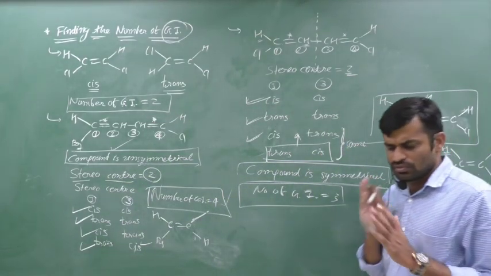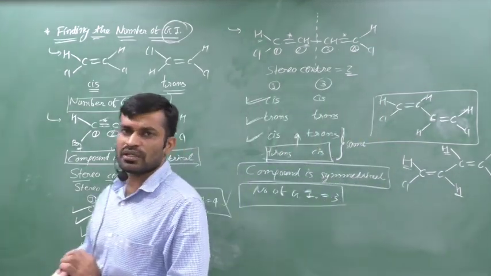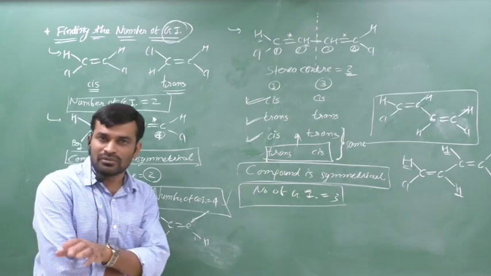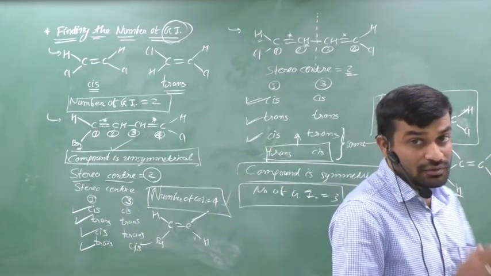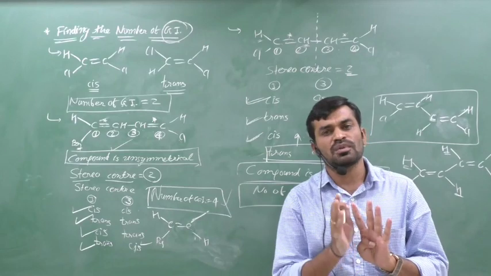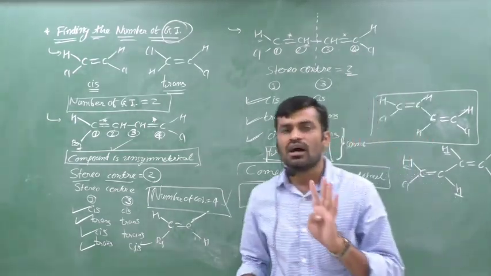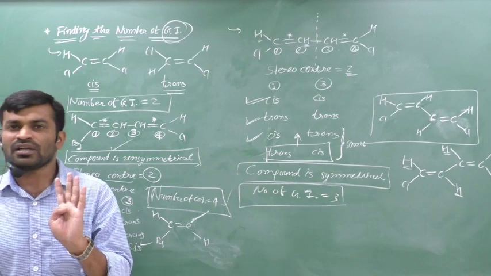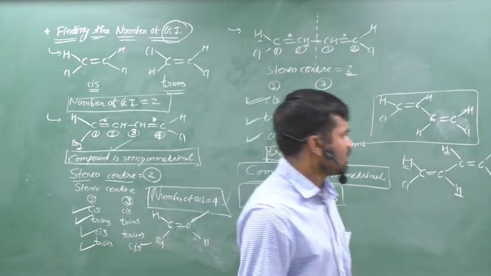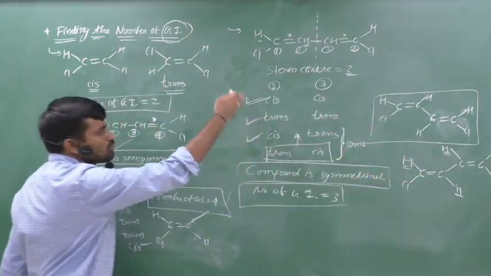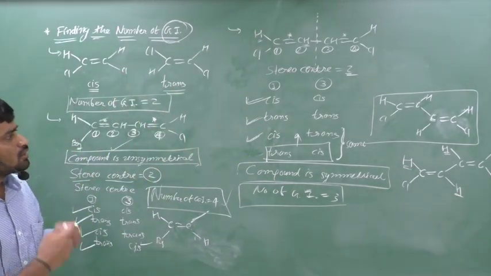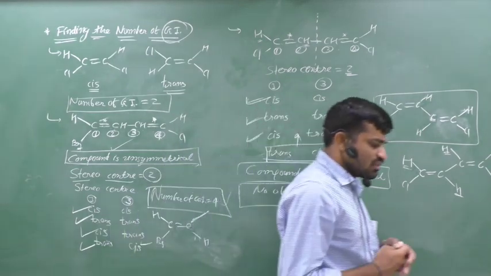It is a conceptual question with respect to isomers, but don't worry, we can give the formula. You can have any compound which is symmetrical or unsymmetrical. We can decide only one thing: whether symmetry is present in the compound or not, and the second thing is how many stereo centers there are. If you know how many stereo centers are in the compound and whether it is symmetrical or unsymmetrical, there is no requirement to think about the possibilities or structures because we have a formula. But some examples we can explain with respect to the concept.